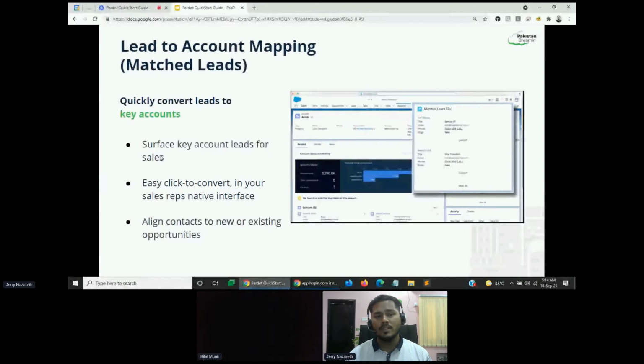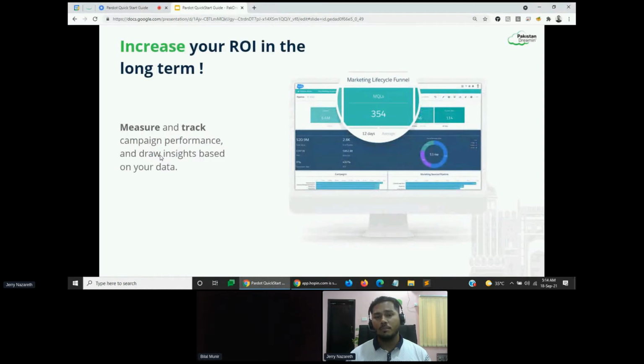So what does it mean to have a lead to account mapping, right? So as I said, the ultimate goal or the ultimate finish line that you want to achieve with Pardot is having an account. You want to have opportunities, new opportunities or existing opportunities to expand on that, and ultimately expand your ROI, right? So what companies think about the most is how do I increase my business sales in 5 to 10 years to come, and how do I get more revenue and income into the business by marketing more to prospects and leads